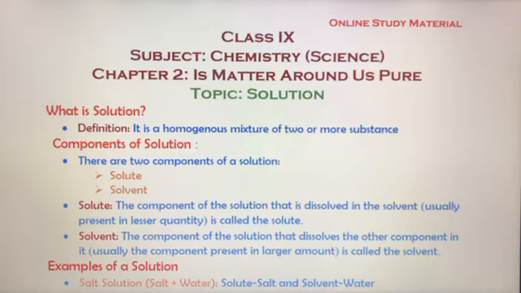While studying mixtures, you have already studied two types of mixture, that is homogeneous and heterogeneous mixture. If the mixture is homogeneous, then we will call it a solution. So a solution is a homogeneous mixture of two or more substances, and if it has two substances, then such a solution is considered a binary solution, and there may also be ternary, quaternary and pentanary solutions.